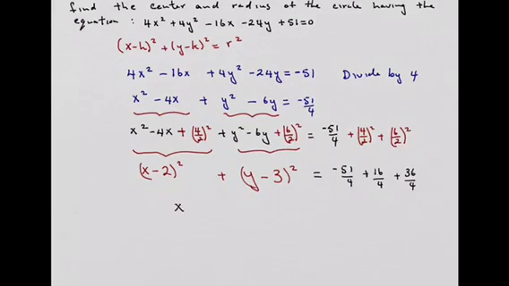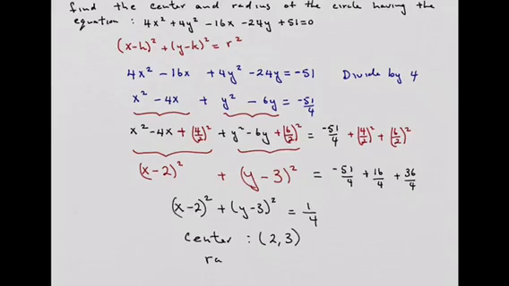So we have x minus 2 plus y minus 3, these are quantity squared, and that is equal to 1/4. So from here we can see that the center is 2, 3, and the radius